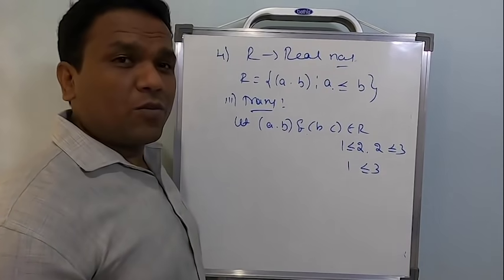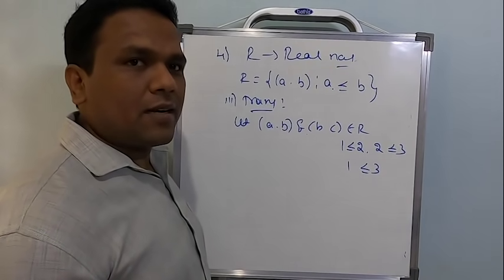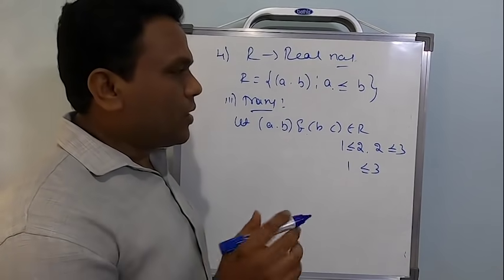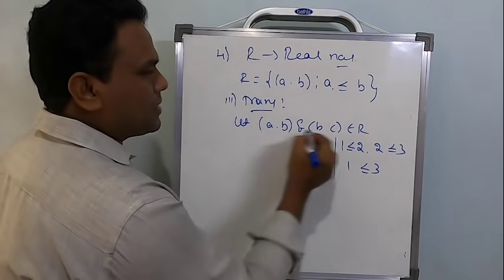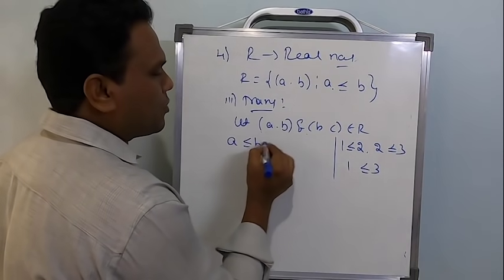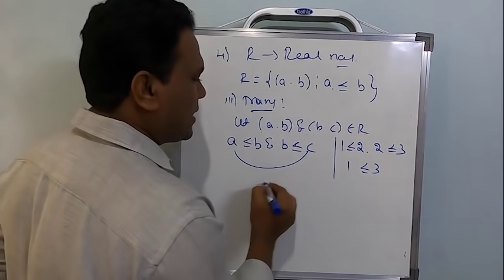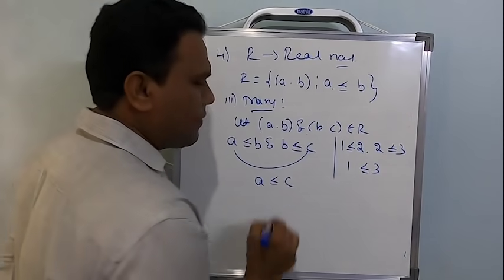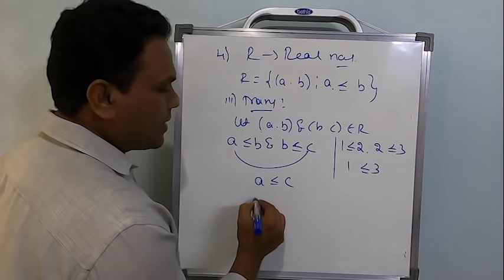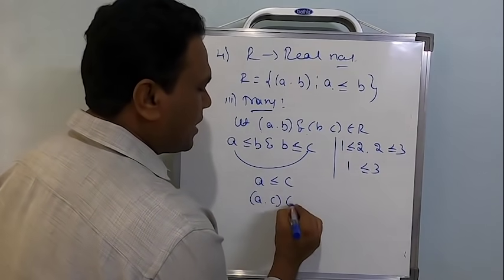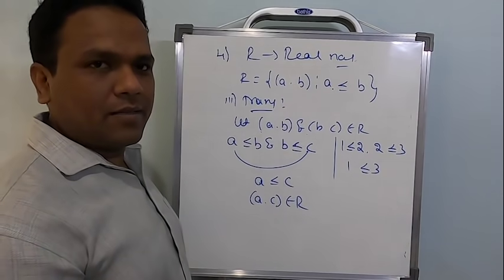Because it's a show that problem, they already mentioned, okay, it is reflexive, it is transitive, but it is not symmetric. You can create an example of such kind. So this is one such example. This says that A is less than or equal to B and B is less than or equal to C. Obviously the relation between the two, A will be less than or equal to C. So if A is less than or equal to C, ordered pair A comma C belongs to the relation. Hence R is going to be transitive.